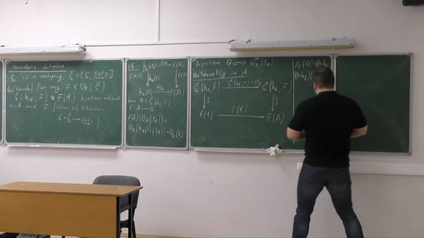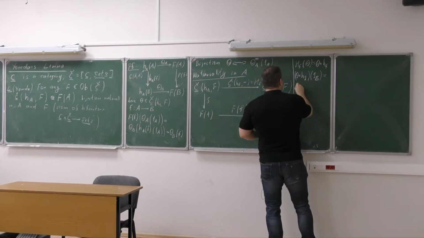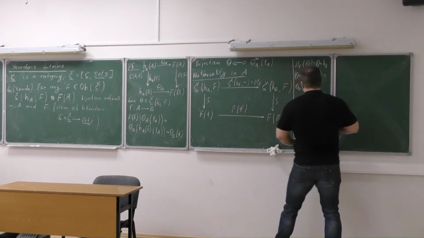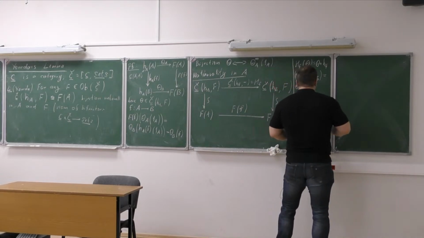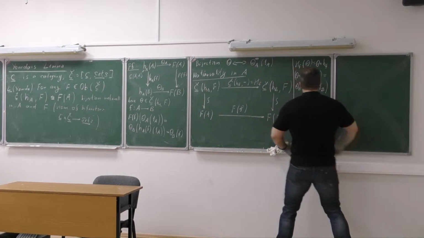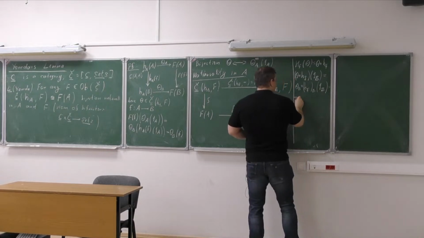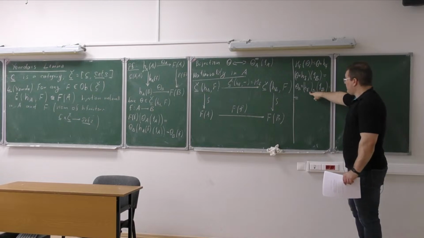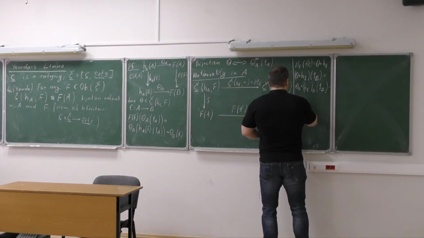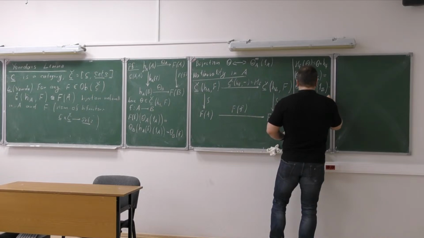Now, by the definition of the composition of two natural transformations, this is the component at the object B of theta, composed with the component of h sub f again for the object B, applied to the identity map on the object B. So the same argument as before. We know what this thing is doing to the identity, just taking composition with f. So here we have just theta sub b of f, and this is supposed to be equal